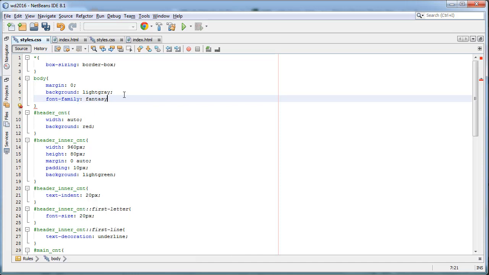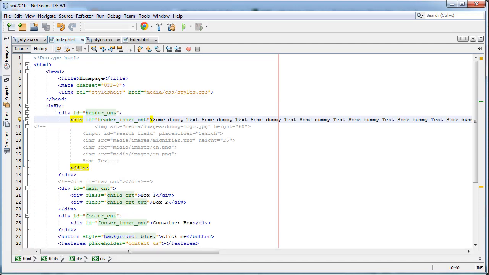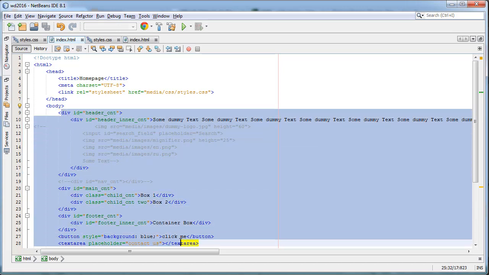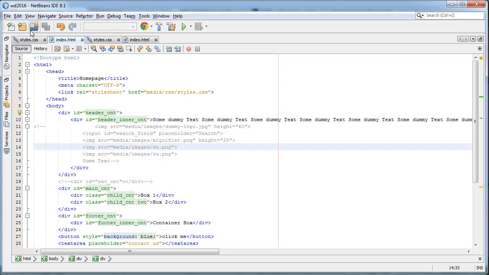As, for example, let me give it the value fantasy, the family fantasy. And that one will then be inherited by everybody else, because the body is the element that has the entire content in it. Meaning I have now set the font family here, and all the children, grandchildren, great-grandchildren, all the hierarchy down, the entire descendants will ultimately receive that setting, which is